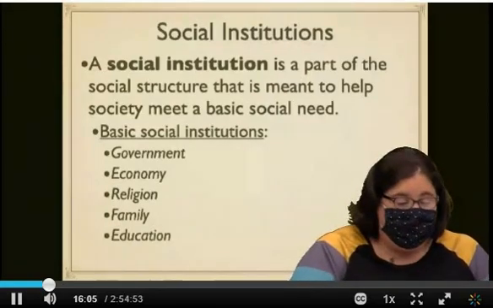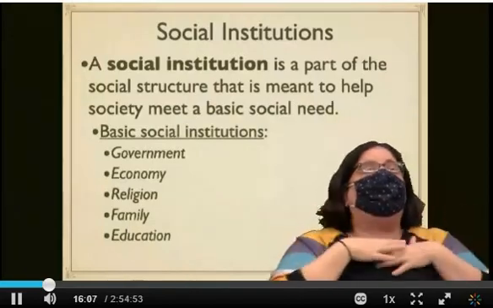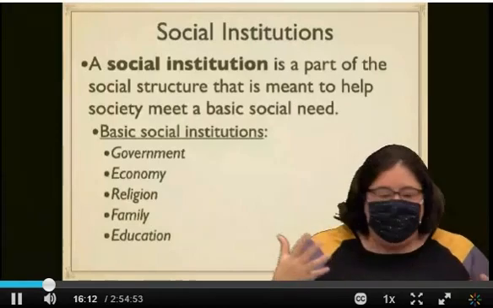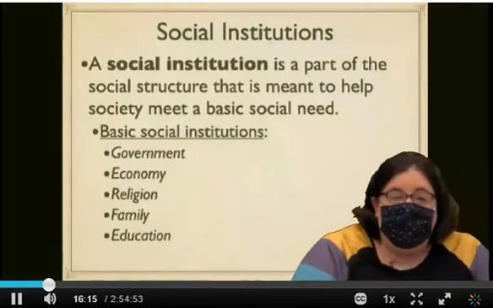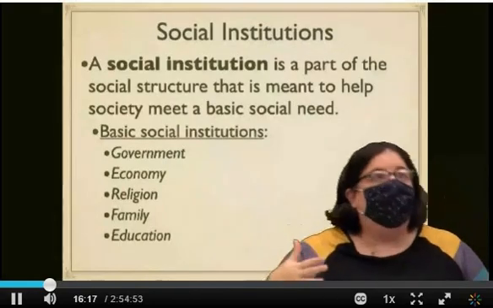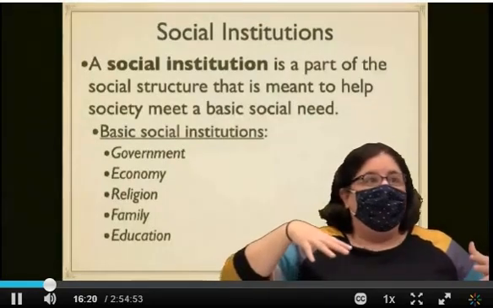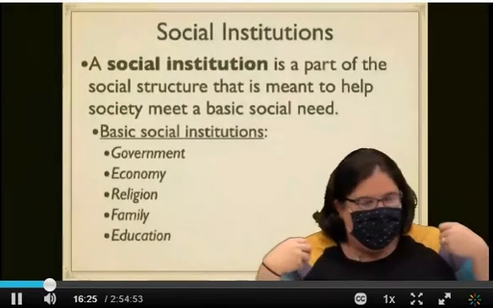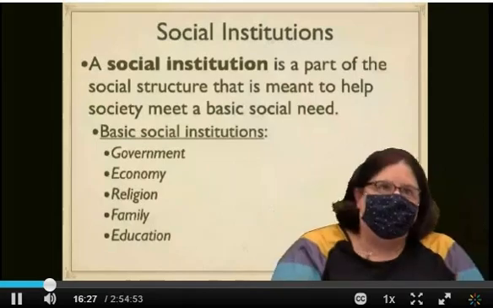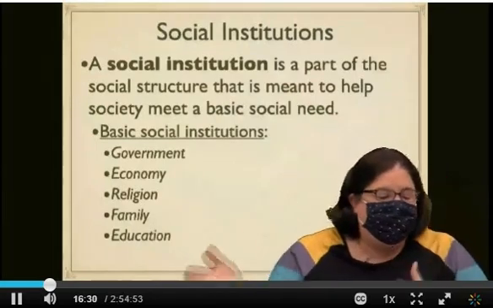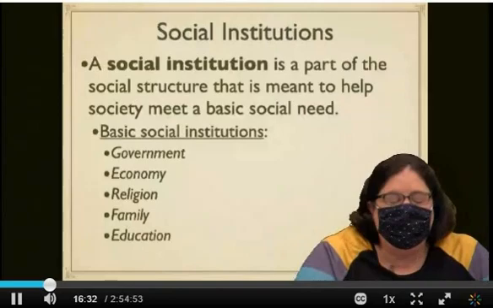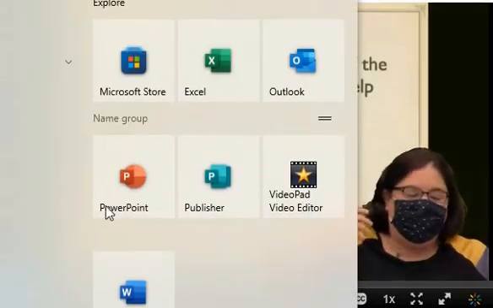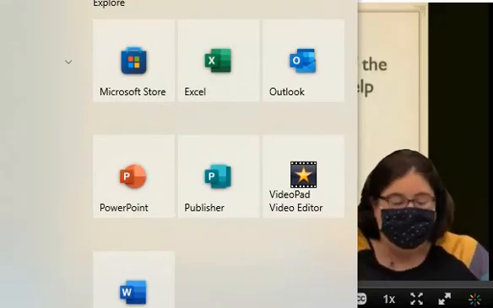Religion is another basic human social institution about meeting the social need that we have of a sense of purpose, like a why are we here kind of a thing. Family, the social institution that sets rules for procreation, or the situation under which procreation is managed, right? It's our institution that raises children and provides responsibilities for caretakers and things like that. And then education, as I mentioned, is about passing on knowledge or skills, that sort of thing.